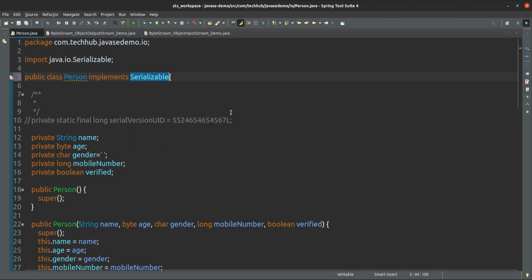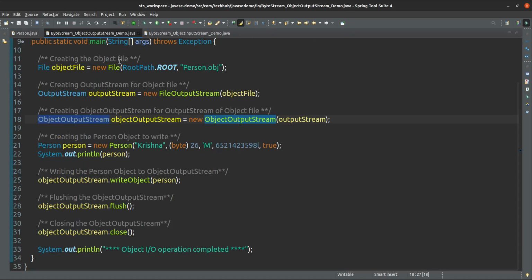If it is a Serializable interface, we have to provide a serialVersionUID. What is the meaning of this version UID? That is used for versioning. Suppose you are giving some other version, you have to give this serializable ID accordingly. Otherwise you cannot read. If the ID differs, you cannot read. If the ID is the same, then only you can read.